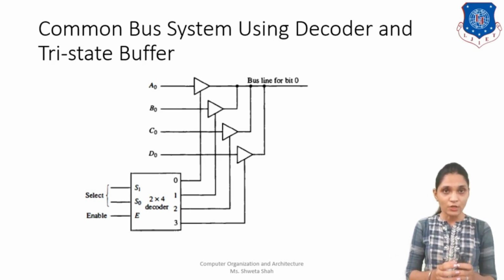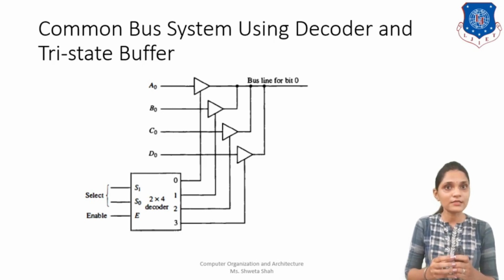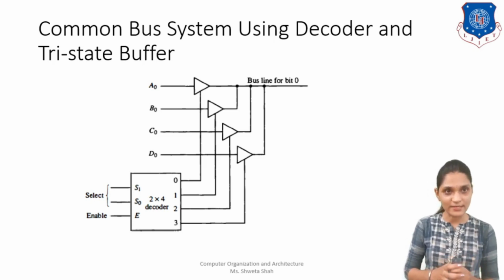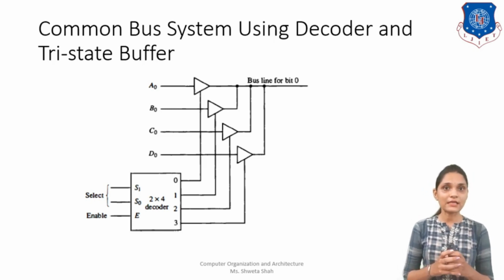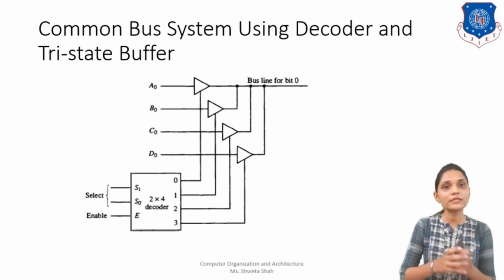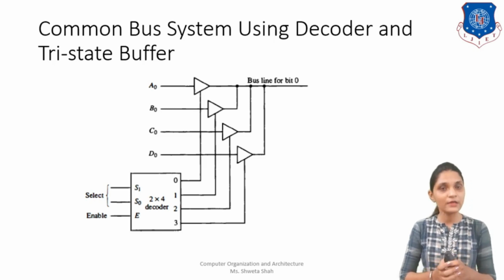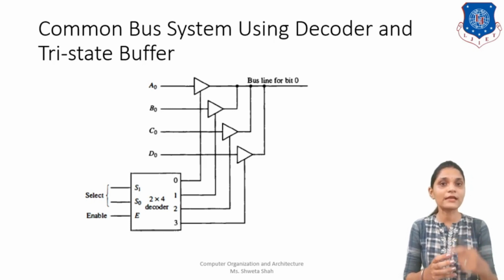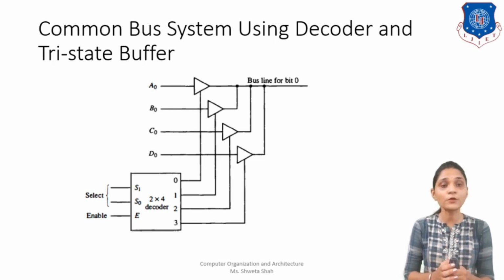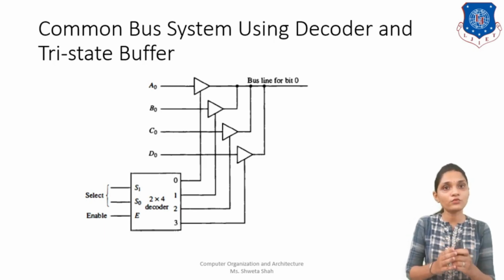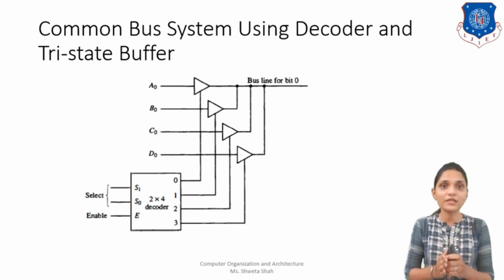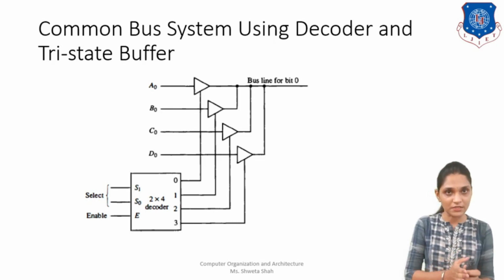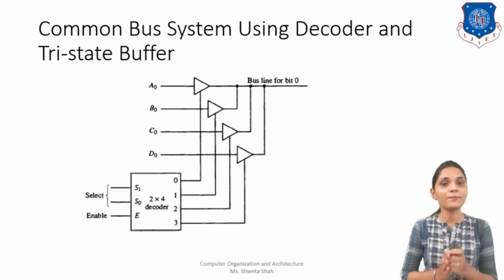B, C and D. So we have to combine this A0, B0, C0 and D0 bit to connect with a bus. So here we have connected this A0, B0, C0, D0 with a tri-state buffer as an input. Its control input is provided from the selection that we are getting from the decoder output, and according to the decoder's output, at a time any one of these 4 tri-state buffers will be activated,